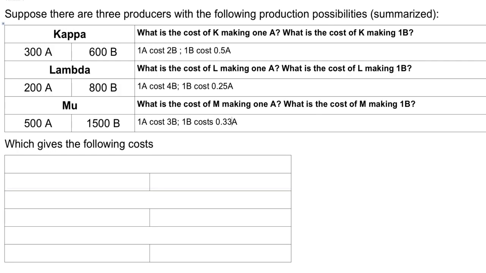And so now, from the production possibilities, even though the numbers of stuff that we're going to make, according to the production possibilities, is much bigger than just 1A or 1B, we can find the cost in each of these three producers, kappa, lambda, and mu. We can find what the cost is of making 1A by each of these producers and what the cost is of making 1B by each of these producers. And so that's how you use the production possibilities to find marginal